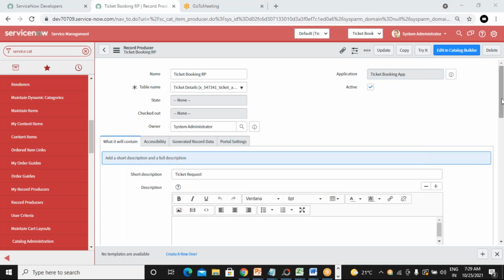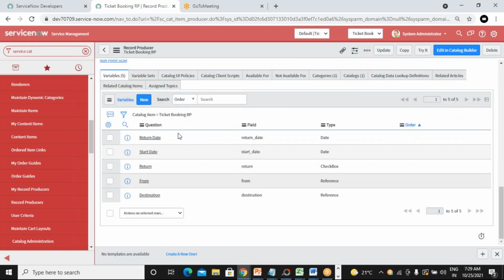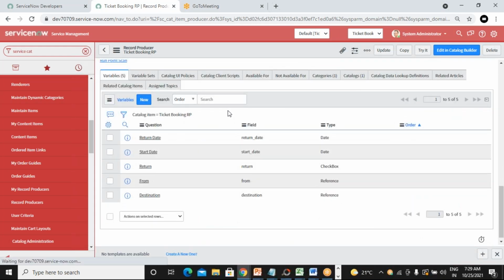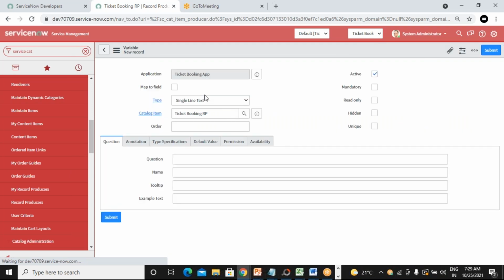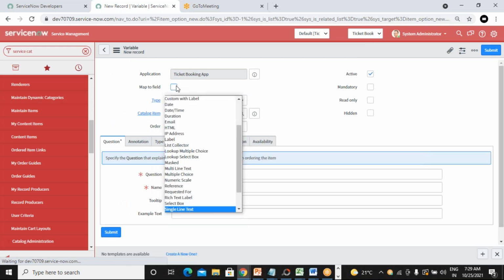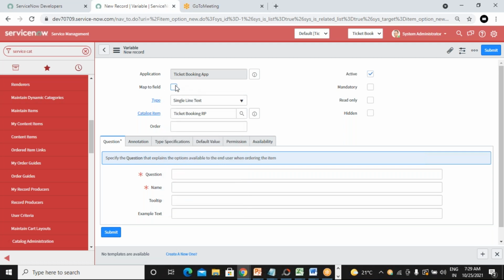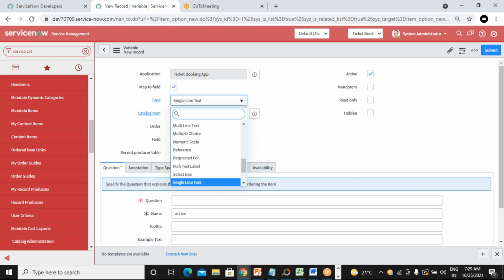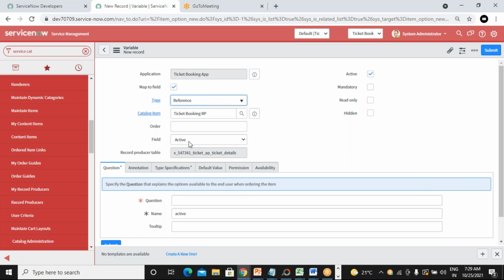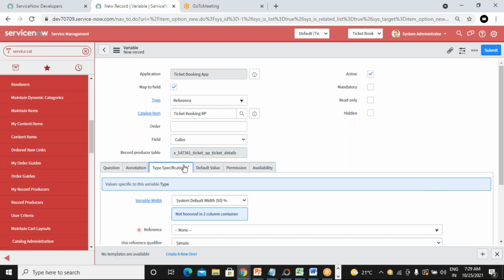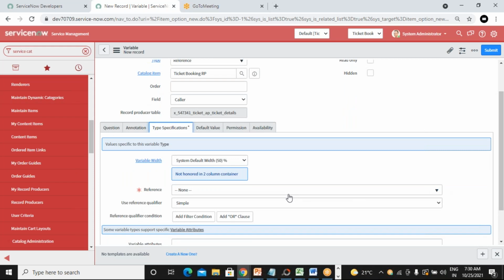Once it is done, the last variable is color. Click here, map to field, and then select the data type. Here again, I'm selecting reference. It's a caller, so binding to caller. Let me select caller. When you use the reference type, we have to configure the reference table here.